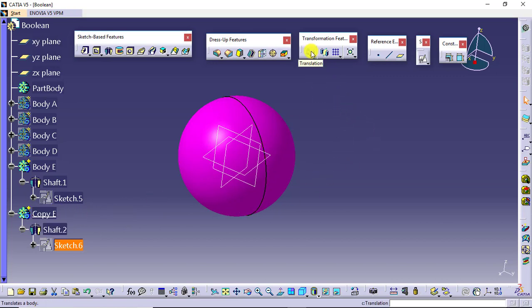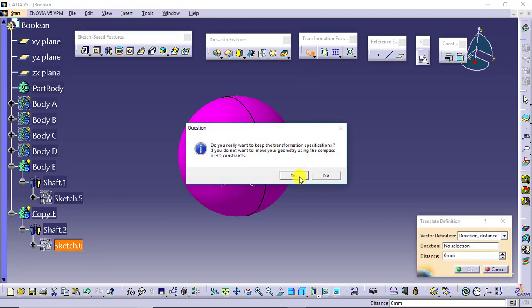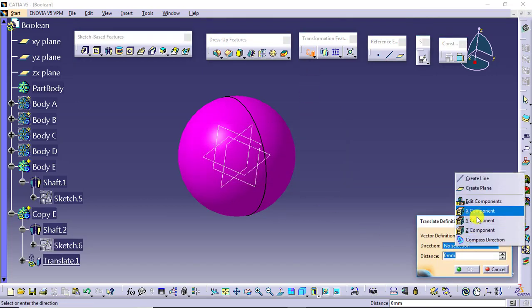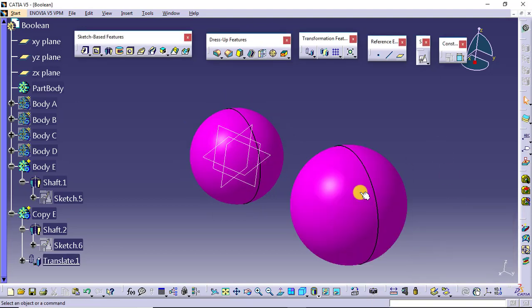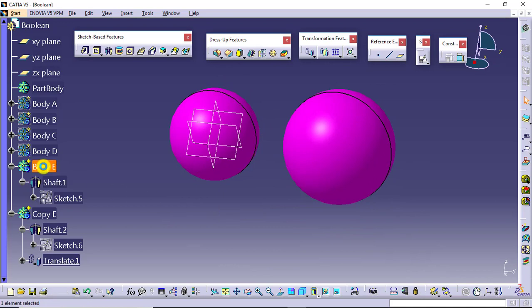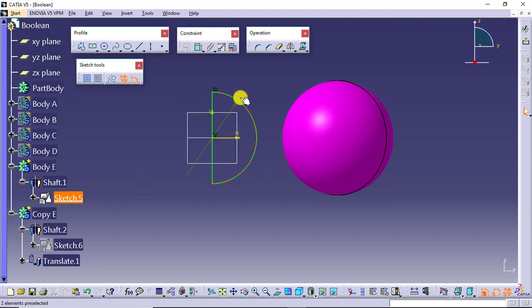I'll go for transformation, that is translate along, say, the y-axis, and I'll translate this body E or copy E so that I am able to visualize it clearly. Say this much. Yes, you can see over here, this is your body E, and this is your copy E. I had made the changes in the child, and it is updated. If you make any changes in the parent, it will not affect the child.